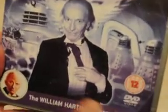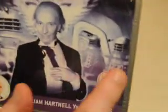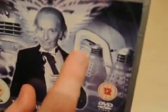Let's just have a look at the cover. We have a picture of William Hartnell, the Doctor. We have two Daleks going down this hallway, and a Dalek which is standing in front of this abandoned city, which is part of the episode. It's